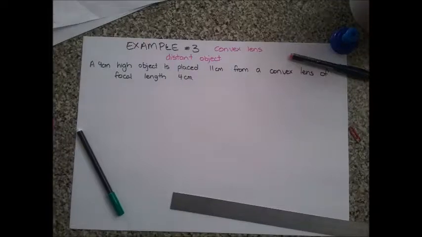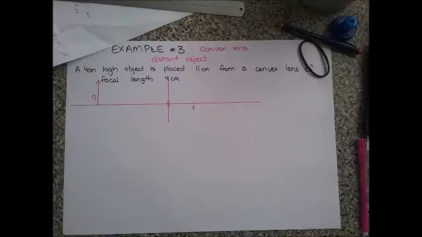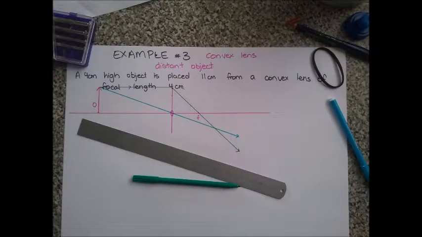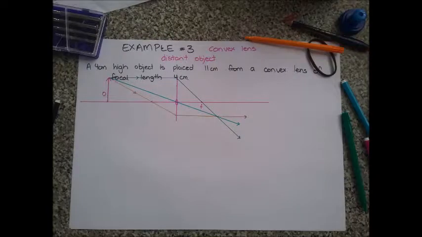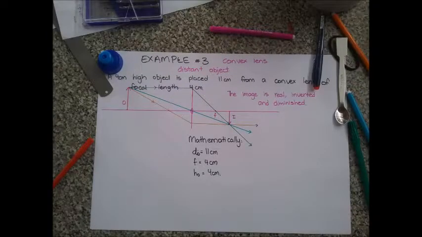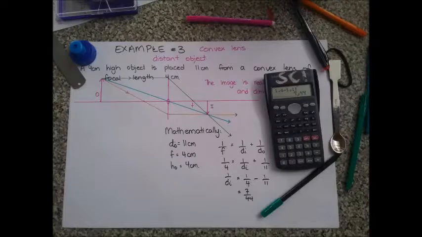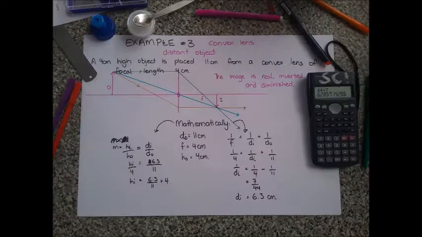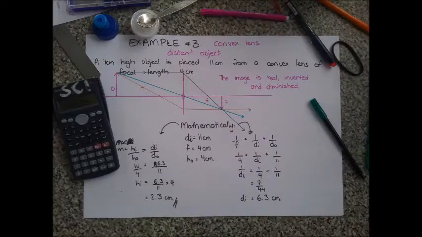So this is a lens with a distant object, and so what we're expecting to see here, again, the focal point is positive. It's a real focal point, and we set up those two rays, and our third ray we can draw that on too. You only need to draw two rays. So in this case our image is real, and we can show that mathematically. It forms at 6.3 centimeters in the real section of the lens system,